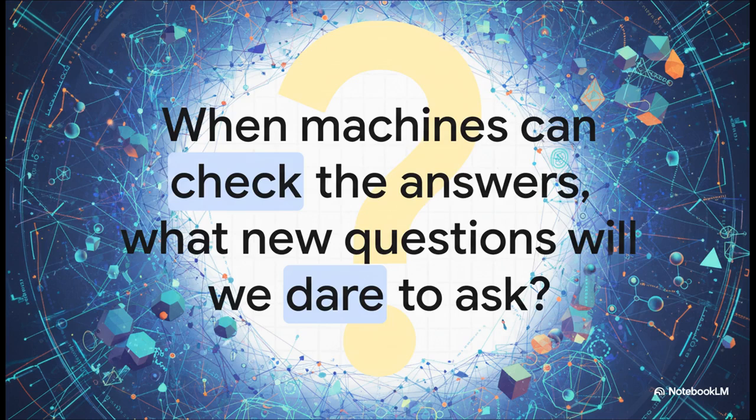And that really leaves us with one last big thought to chew on. These new lenses we've talked about, category theory, TDA, assembly theory, and combining them with AI, this isn't just about getting to the same old answers, only faster. No, this is about empowering us to tackle entirely new classes of problems, to see the universe in ways that were literally impossible before. So the real question is, when the machines can help us check our answers, what incredible new questions will we finally dare to ask?